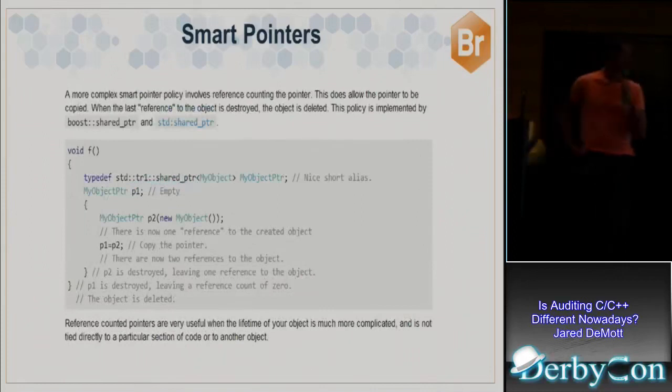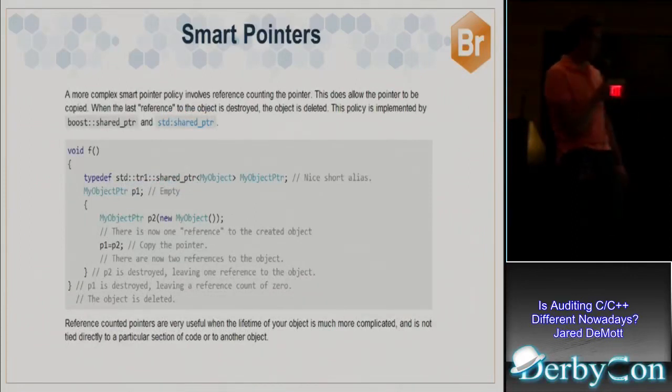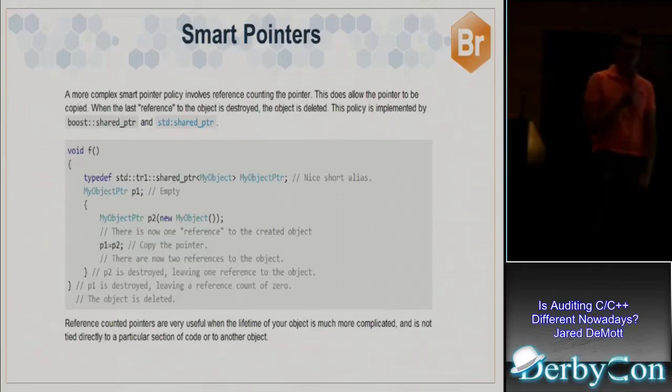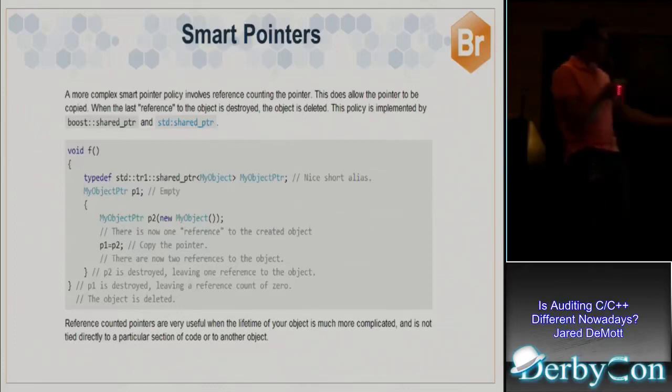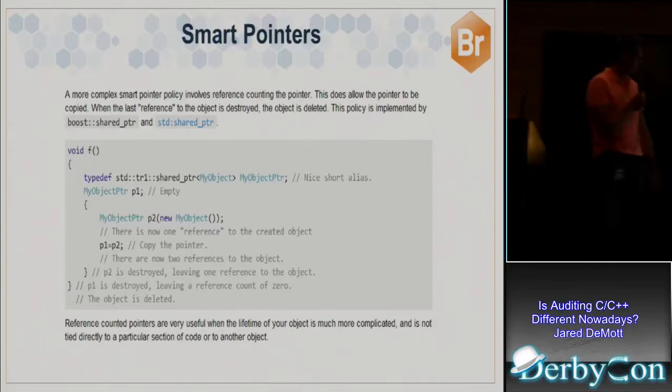A more complex case is the shared smart pointer, which basically does reference counting, okay? I'm not really going to explain a lot about it, but to make a long story short, there's a count of how many instances of that object there are, and every time one's destroyed, that count's decremented, and when the count's 0, then that object's destroyed and freed, okay? So there's some object lifecycle management. And we see that happening here, where when it goes out of scope, P2 is destroyed, and then finally P1's destroyed down here.